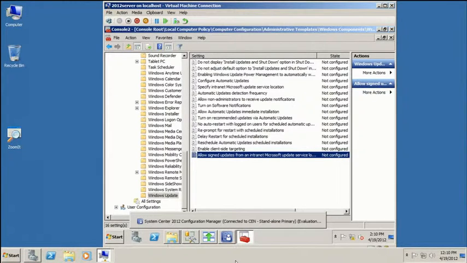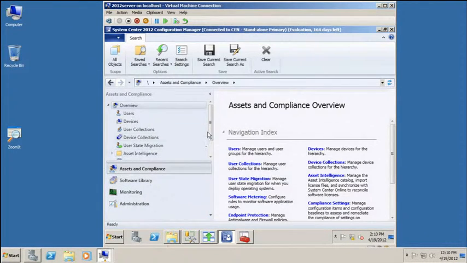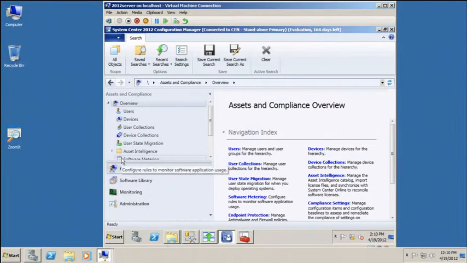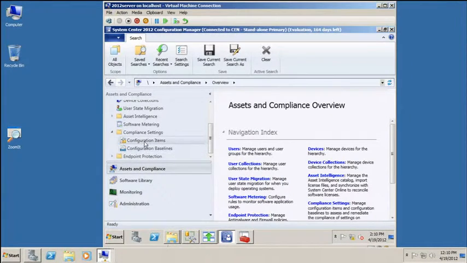Well, obviously, AD policy is one mechanism. Okay? But you may not want to use AD policy. You may want to use Config Manager. Well, we have options in Config Manager that are really cool to help you with this. So let's go look at it. So in this case, I decided to use compliance settings. And you could do it several different ways, but this is just a cool way to demonstrate some of this. So if I look at my configuration item,